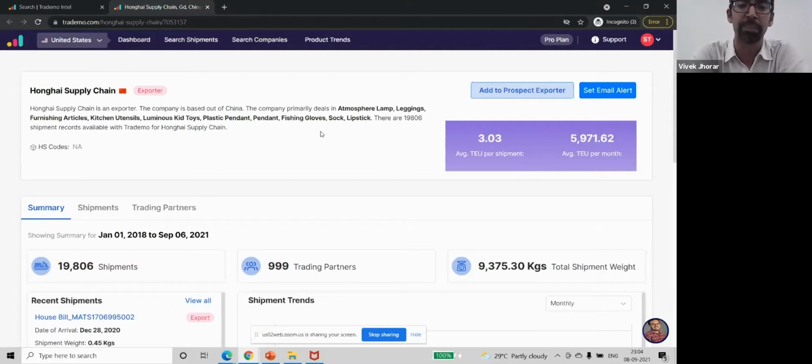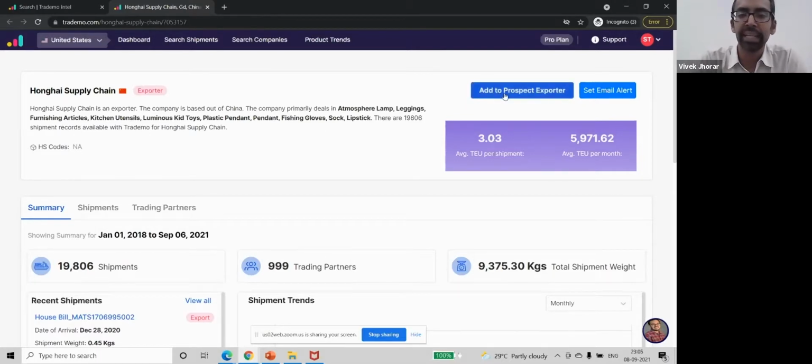So you can always request up to 100 if you are a small importer in the very basic Pro plan. If you pay annually, you can expect around 100 contact details, which are more than enough for your lead.